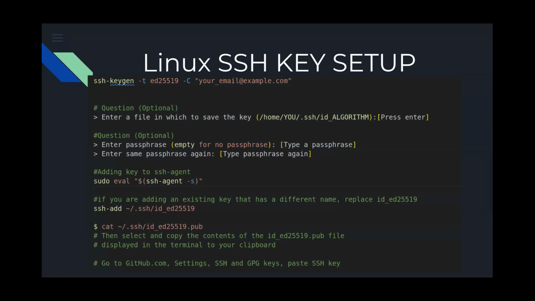So one thing that you will need to do in order to actually push or commit from your Git to GitHub is going to be these SSH keys. And unfortunately, in 2021, GitHub made it so you couldn't just log in using your username and password anymore. That would have been too easy and too simple for people to do. But we will go through this real quick here.